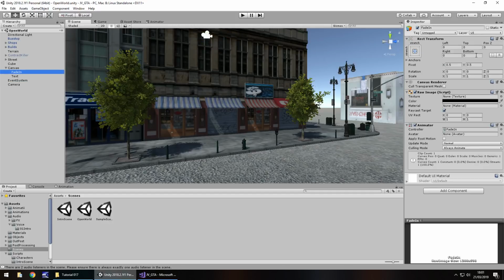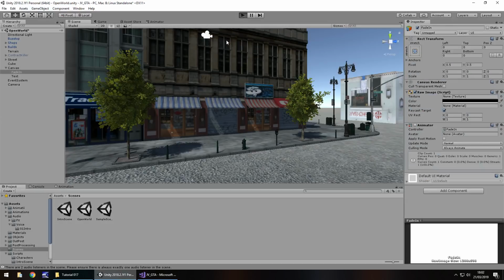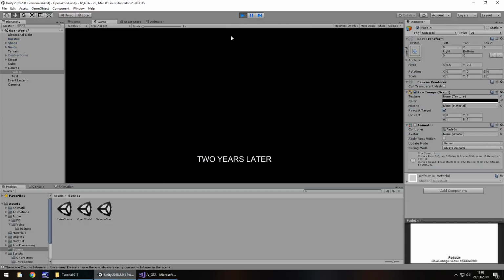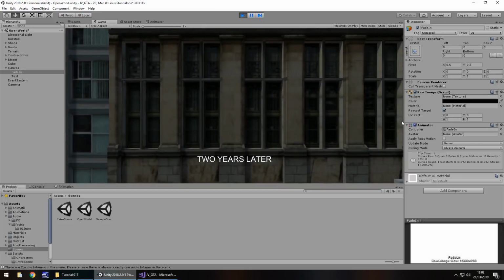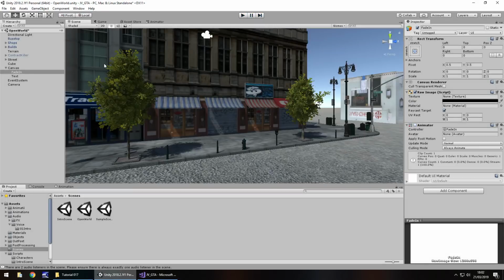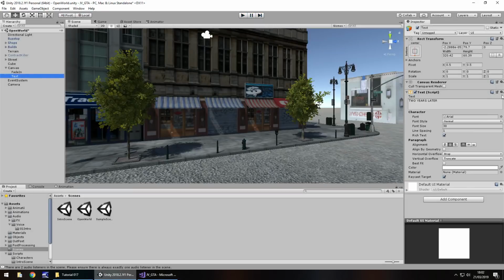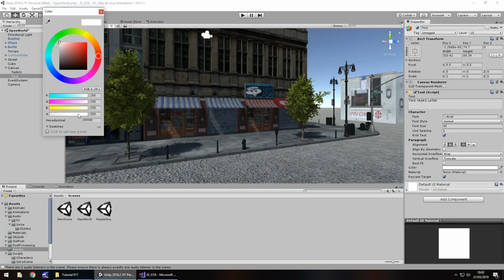So we already have that fade in place, but I'm going to turn off the animator. All that'll do is it will leave a black screen rather than have an extra game object of just being a black screen. It'll have that there, and then when we're ready, we can fade into that. Perfect. So our text, let's do the same. Let's have the color set alpha as 0.